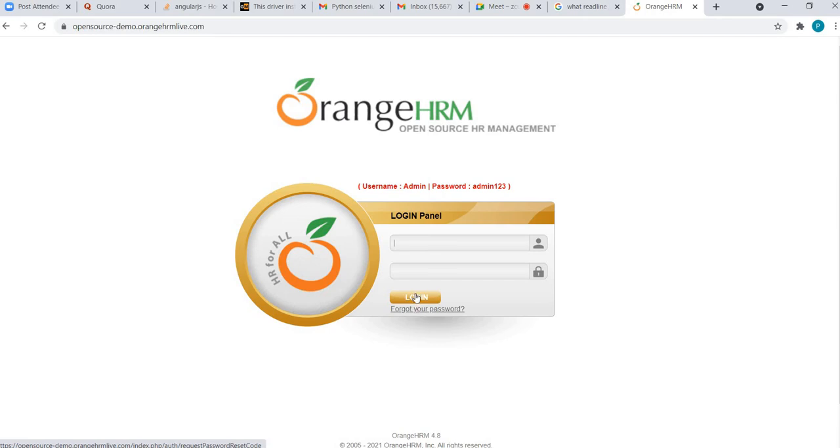But if the driver doesn't find this button itself, for which it has to wait, then it will give you a no such element exception, because the button takes time to load and then it becomes clickable. So your explicit wait is actually waiting for that button to be clickable, but that button should be there first, right? If the driver doesn't find that button, it will throw you a no such element exception, even if you are in that explicit wait.